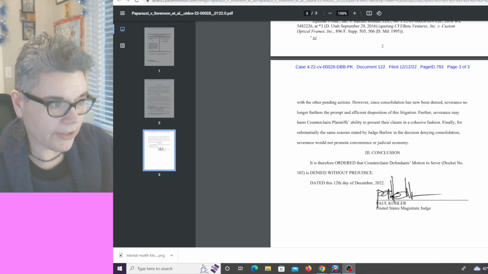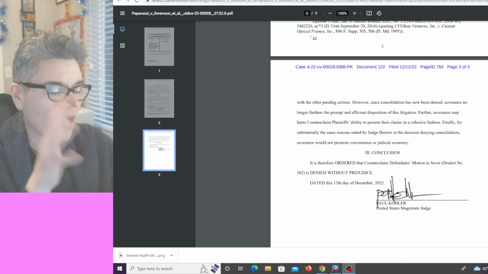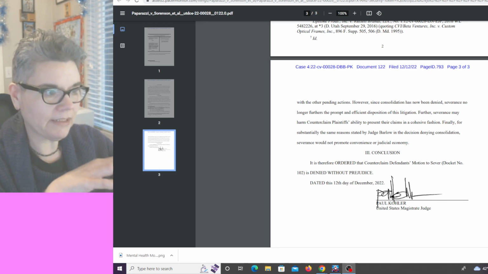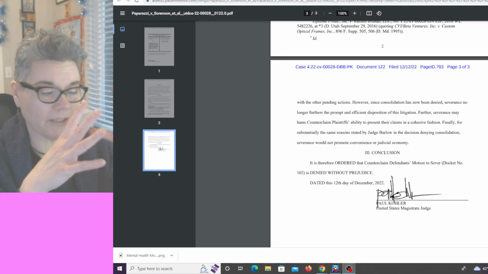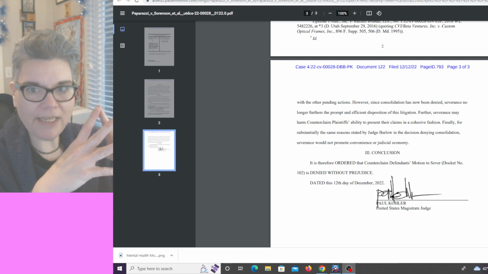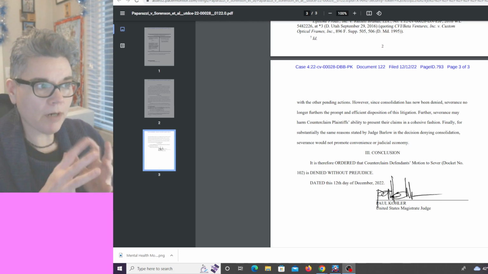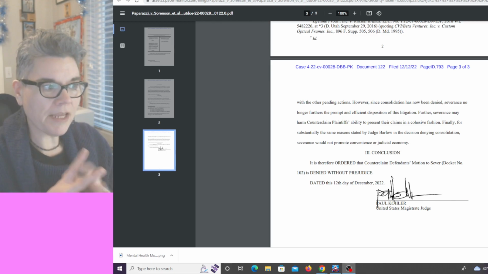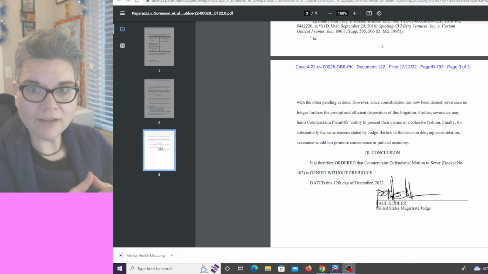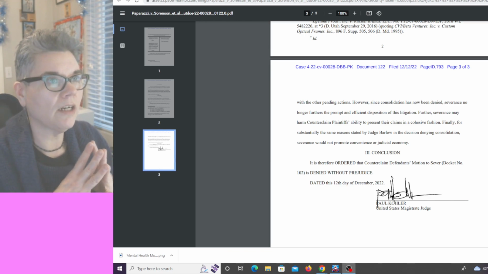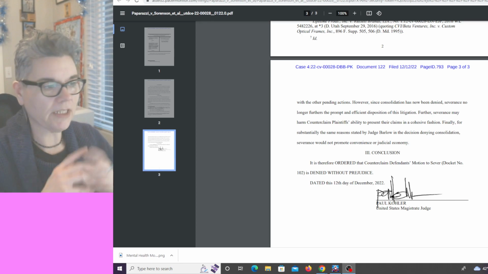Okay. Further, severance may harm their ability to prove their case. Now, I love that this was put in this document because Paparazzi's attorneys, and this is my opinion, not fact, when they moved to put all of these cases, the ones that were filed against them, with Jerry and party's counterclaim, they were trying to prevent them going to war. It's basically a way to say, we're going to war and we don't want to go to war with all these people, so we want them to just be one person instead of these 6